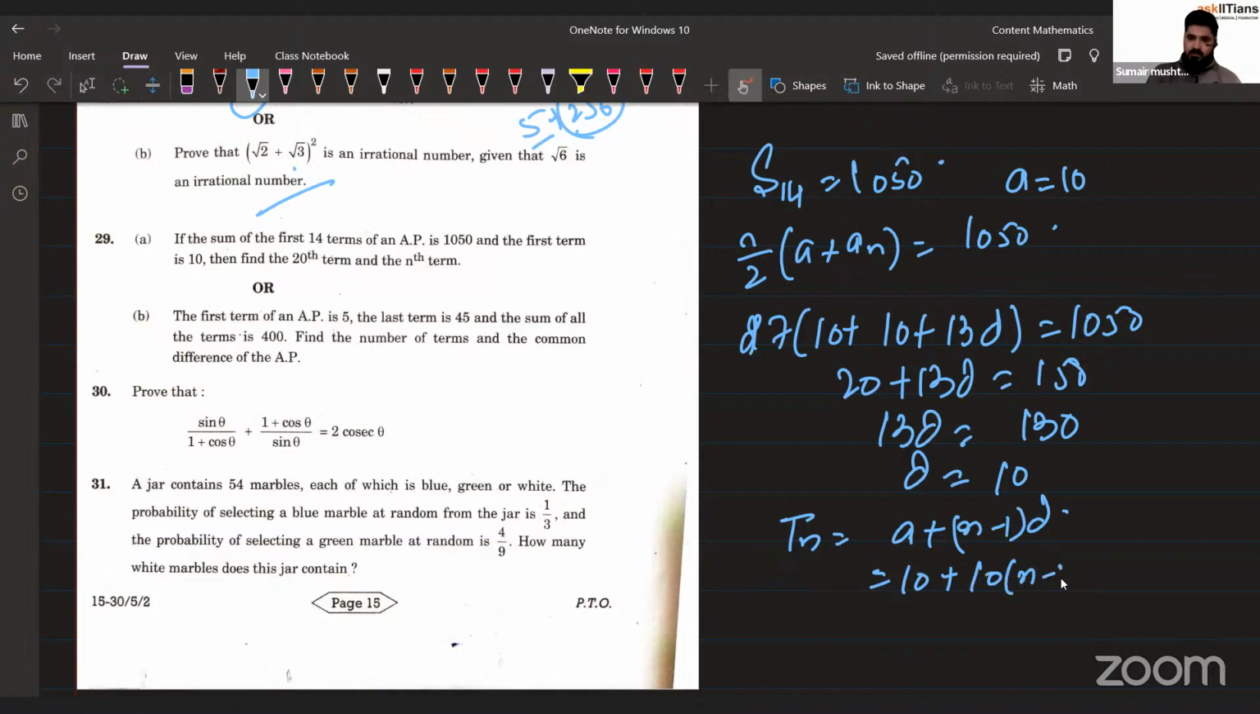This is 10 into n minus 1, right? So if I take 10 common, that is 1 plus n minus 1, isn't it? That is equal to 10 times n. So